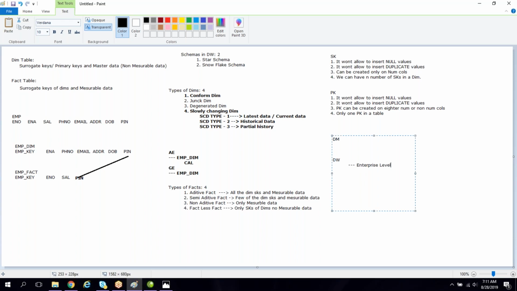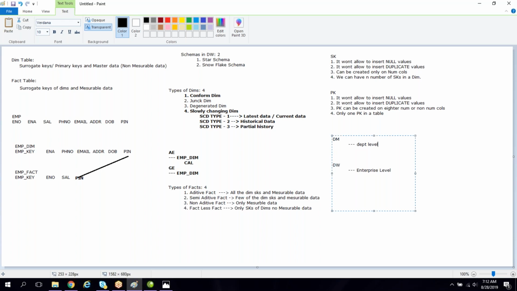So a data mart contains historical data at department level, whereas a data warehouse stores historical data at enterprise level.